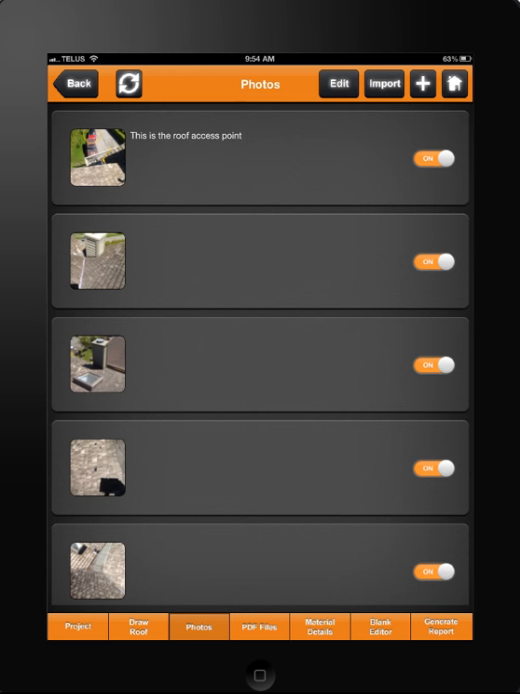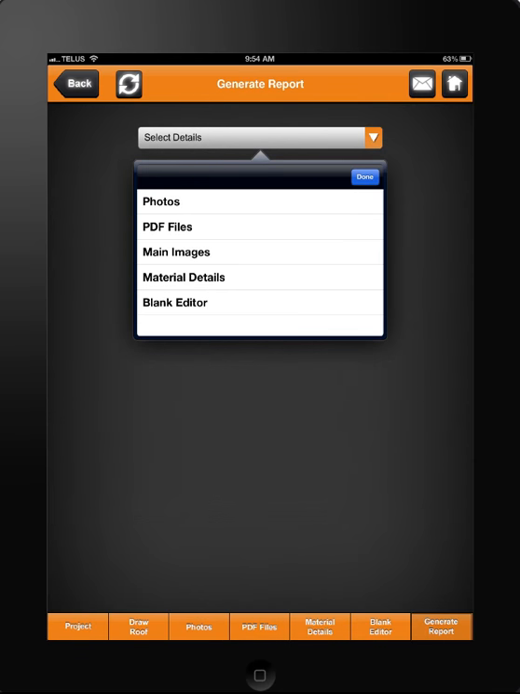But if you're creating a report for your customer, what you're going to do now is go to the Generate Report section, and when you select details, there's 5 different options here, and these are the 5 different options that are built into the app. There's the Draw Roof, which is actually called the main image on this one, and then there's Photos, PDF Files, Material Details, and Blank Editor. Well, right now we're working on the photo section, so I'm going to click on Photo, and I'm going to say Done. You can select any one of these, any combination of these. It'll create a report for those different sections for you. So I'm going to say Done,